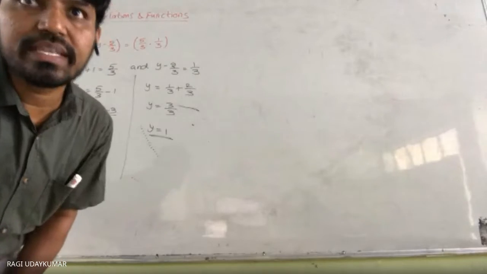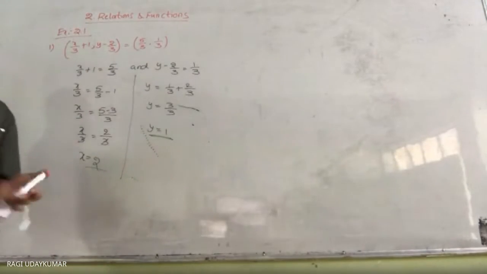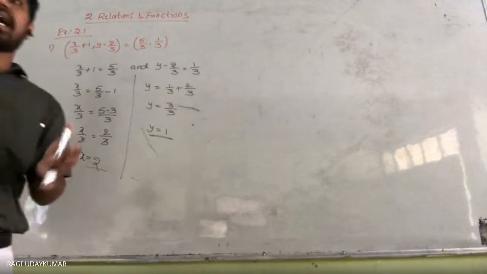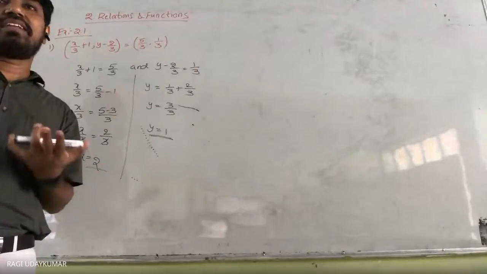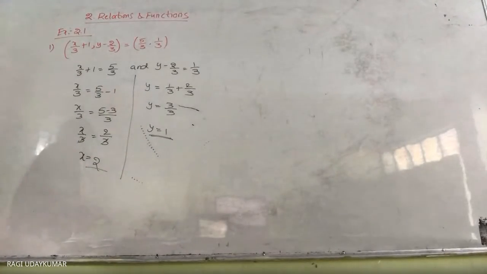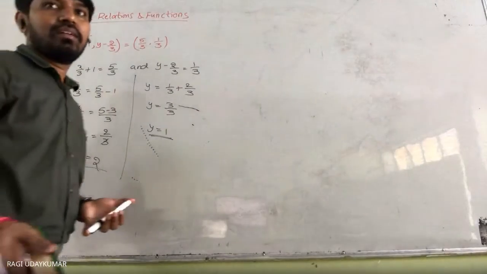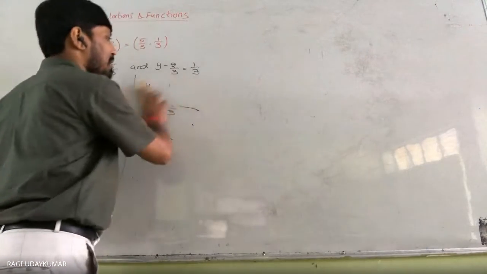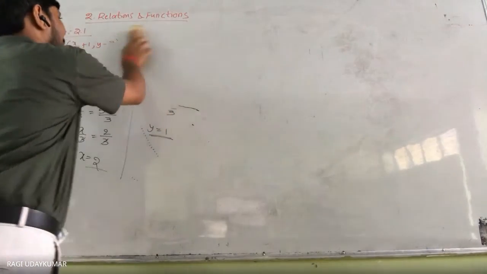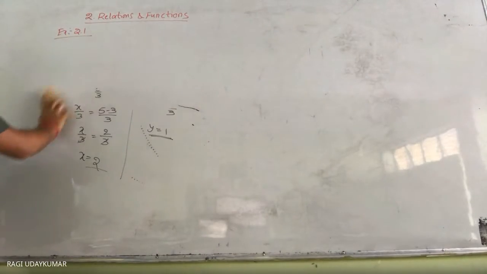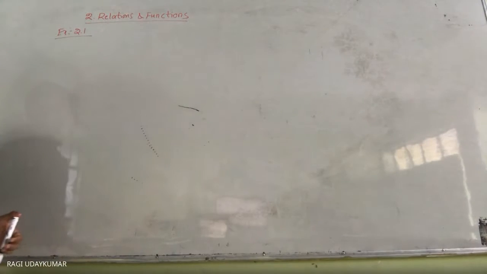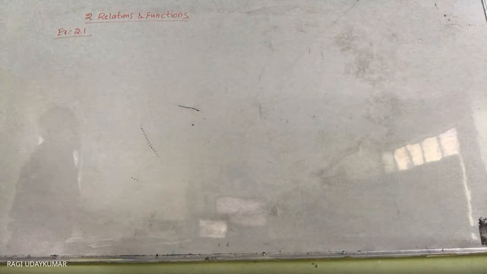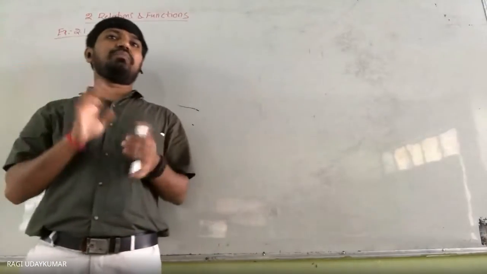Okay. Now, second problem. If a set A has 3 elements and B is having 3, 4, 5, find the number of elements in A cross B. Very simple question. Tell me. Yes, set A has 3 elements, and set B is 3, 4, 5, which is also 3 elements. The number of elements in A cross B is the number of elements in the first set into the number of elements in the second set. 3 into 3, 9 elements would be there.